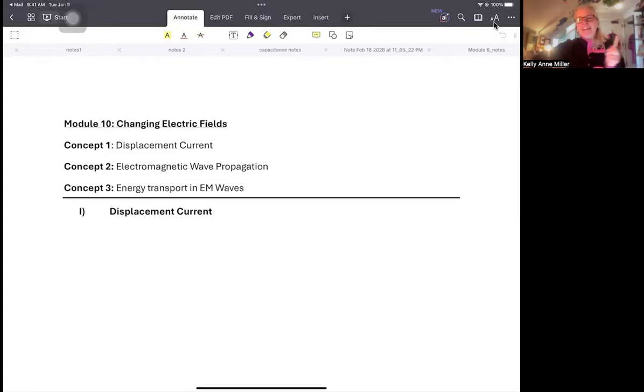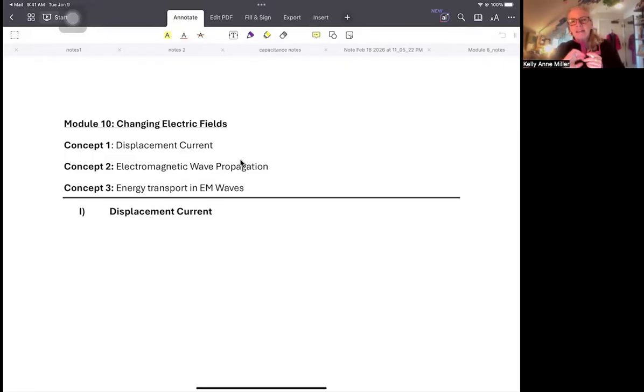Okay, hello everyone. Welcome to Module 10, which is all about changing electric fields. Last week we focused on Faraday's law and Lenz's law, which emerged from changing magnetic fields. This week is changing electric fields. And the topics are divided into, or how I organize them in Collage, three